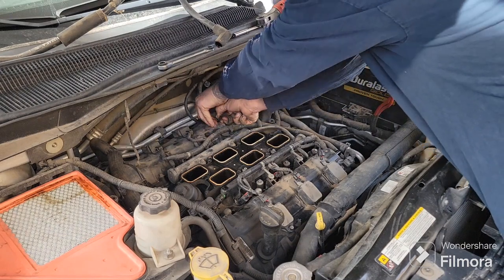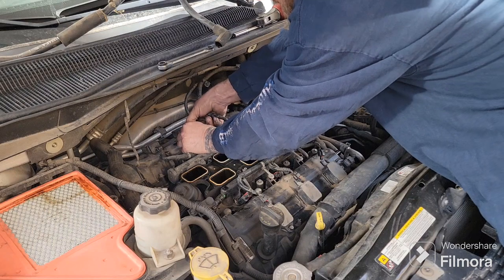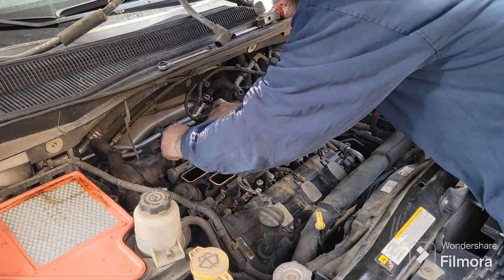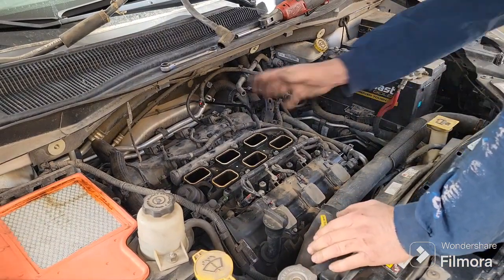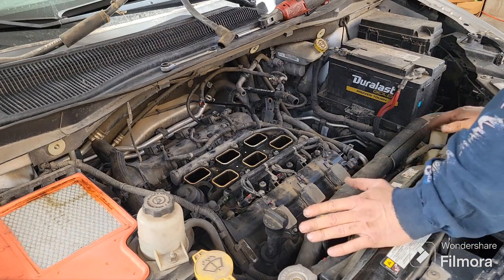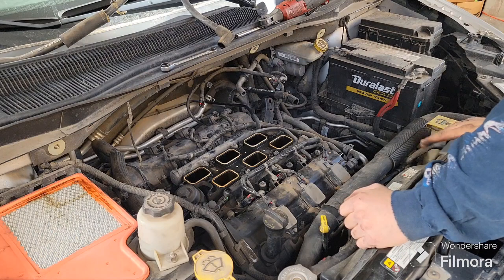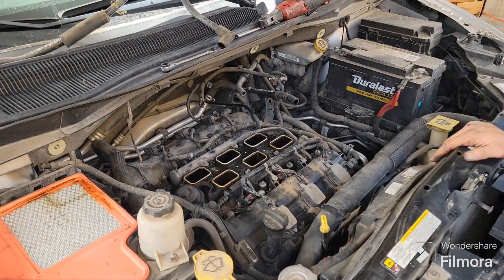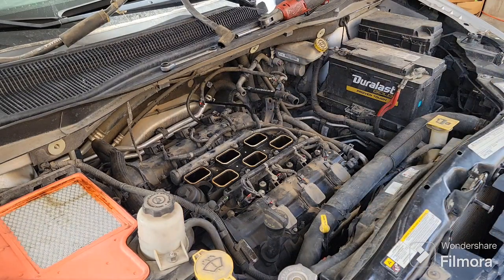And then we'll probably just take the valve covers off and inspect the cams on this episode. And then on another video, we'll actually change out the cams if needed. I'm sure it needs them, because after a while it was getting that ticking sound, that famous Dodge ticking sound from bad coils or from bad lifters. But anyway, we are going to,